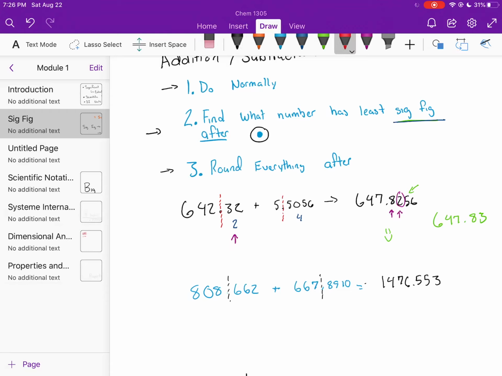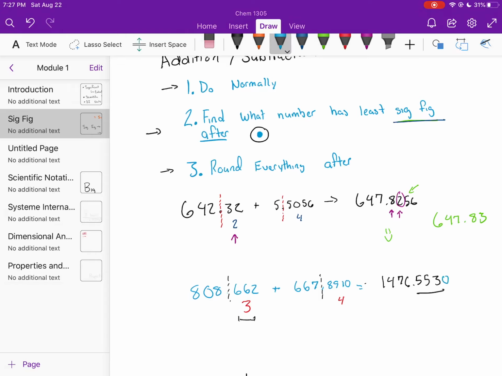0.553, right? So we look at this and we see that this has 3 significant figures and 4 significant figures after the decimal point. So that means we're only going up to the 3rd significant figure. Lucky for us, this only goes up to the 3rd significant figure, right? Because if you stacked it up like how we did it in